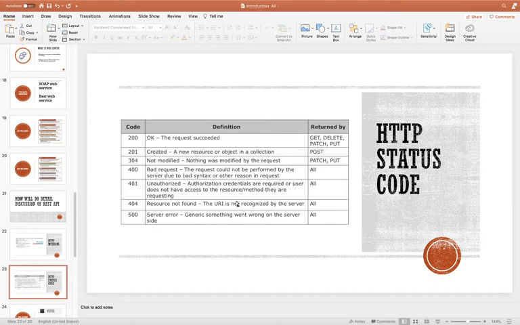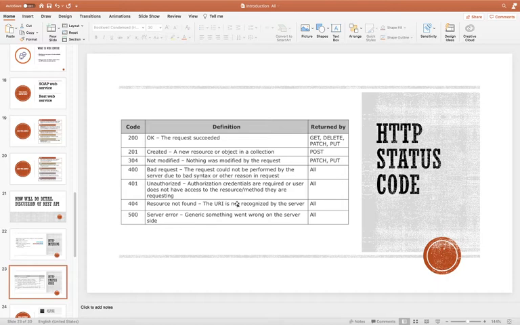If I want to create a new resource using the POST method, and the resource is created successfully, then that API will respond with 201. Okay, in a similar way you will get 400 in case of a bad request. For example, whatever API is there, that API has some input format.